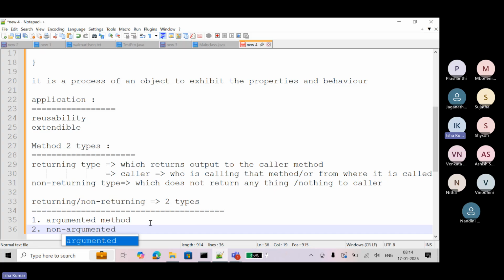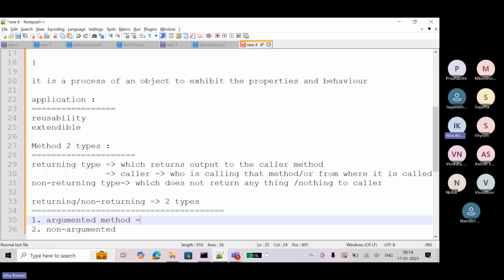So what do you mean by argument? Argument means actual parameter. Parameter enclosed with this small bracket. So let's say if there is a method called play. So in this, if you are writing some value, 10, name, whatever, right?